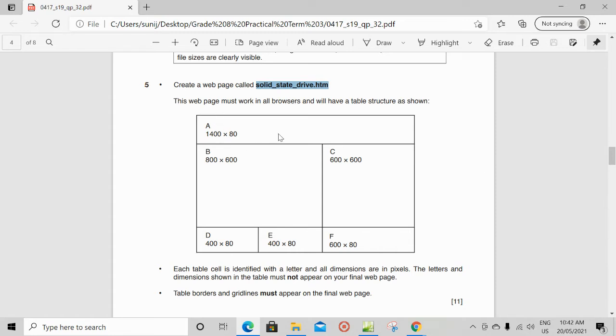So here you can see first row, second row, third row. So we have three rows and first column, second column, third column. So while inserting the table, you will be inserting a table with three rows and three columns.